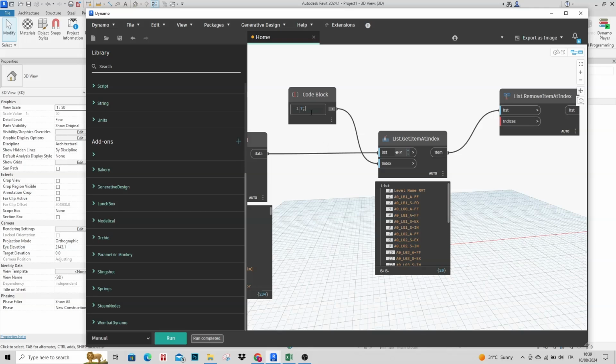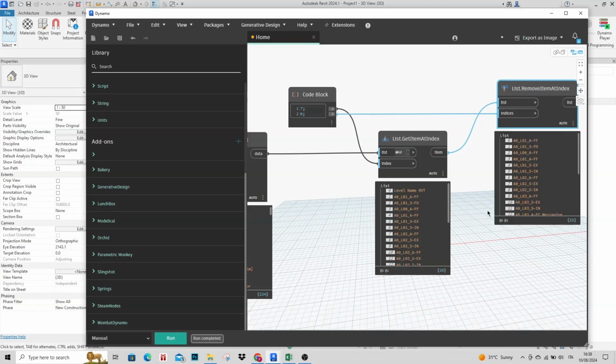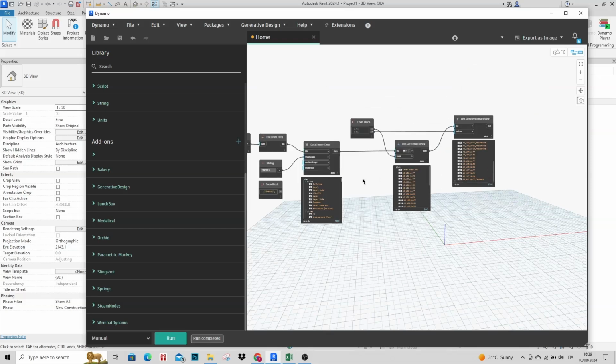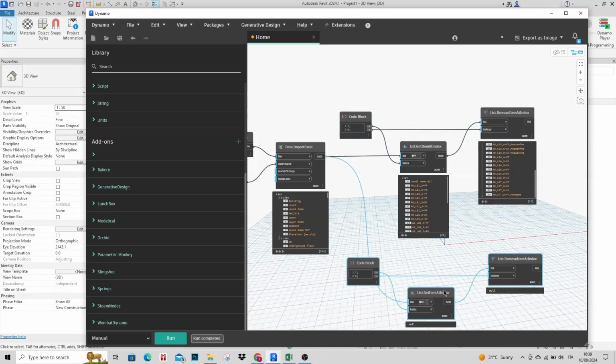We don't need this one here, so I'm going to add number 0 here and feed it to indices. As you can see, we removed the very first item of our list here. All right, so now we are good with our level names. The same script we need to set up for the height, right? So I'm going to copy this one here,